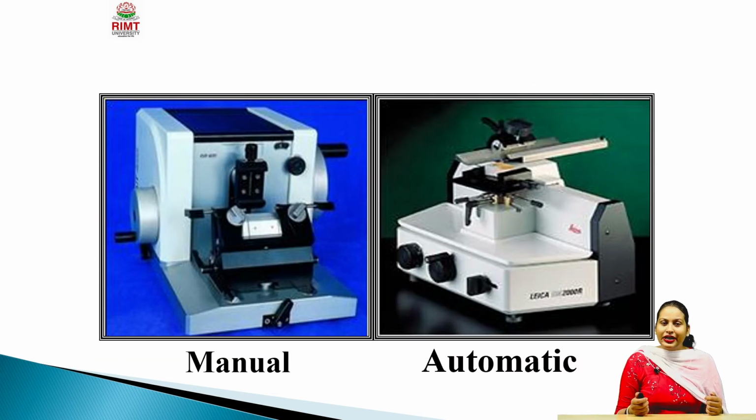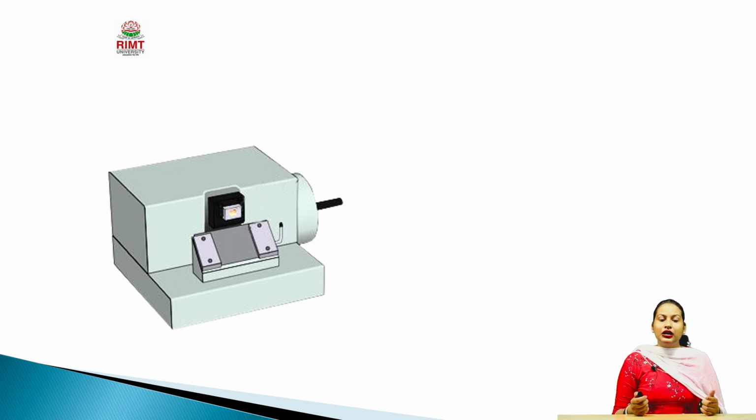These are two diagrams of the type of instrument known as a microtome, which is used for cutting tissue sections. The first one is a manual microtome diagram, and the second one is an automatic microtome diagram. So, this is a microtome. In this you can see a slit area, that is the knife of the microtome, and there is a mouth in the microtome. When you move the handle with your hand, the mouth comes out, and with the knife the tissue sectioning, the tissue cutting, occurs.